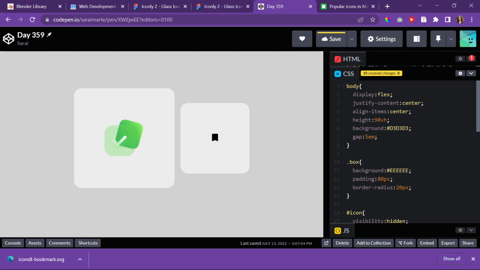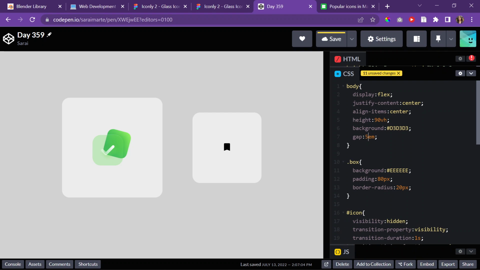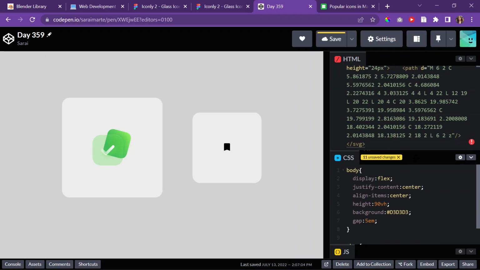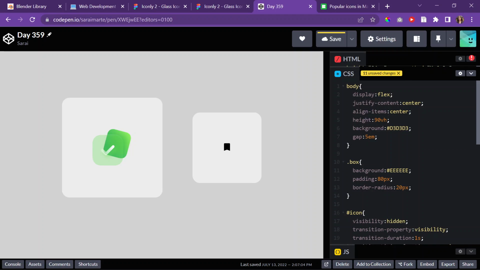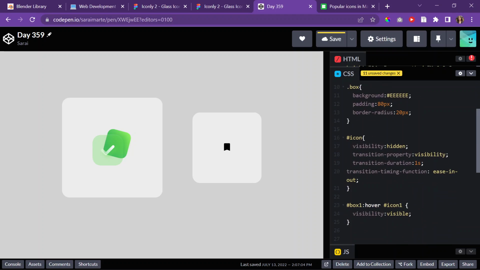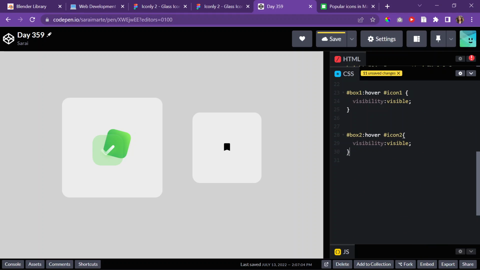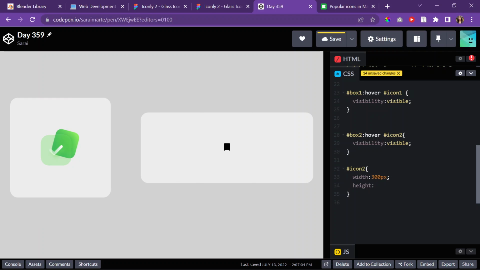Maybe 5, okay? And then I need to, how do I make it bigger? I'll have to literally individually change the path, and I'm not doing that. So, I guess I'll just change the SVG, maybe box 2, or at least icon 2, to have a width of, I don't know, 300 pixels? Yeah, no. How do I make it bigger? Oh no, the way I make it bigger is by,